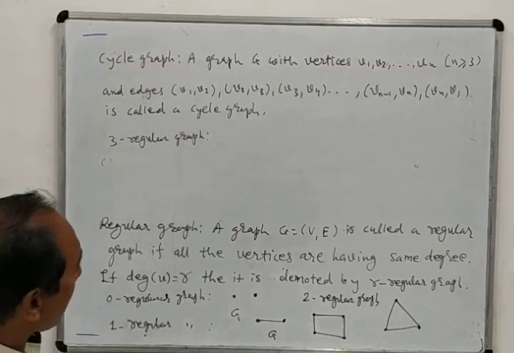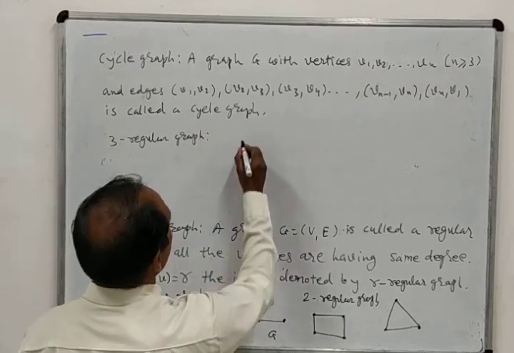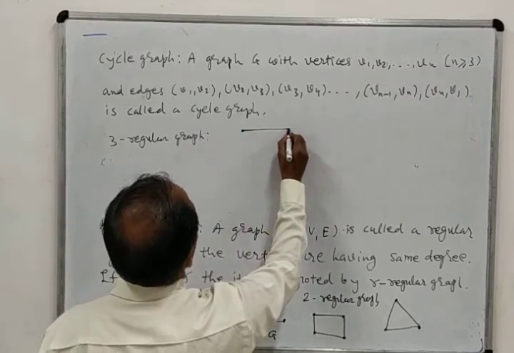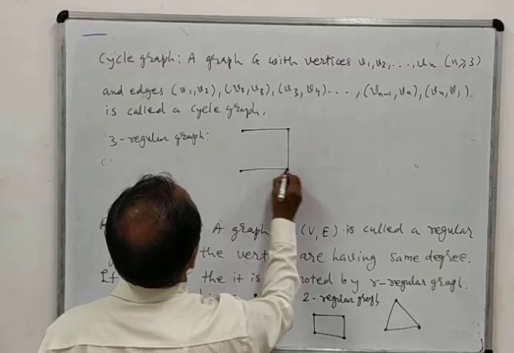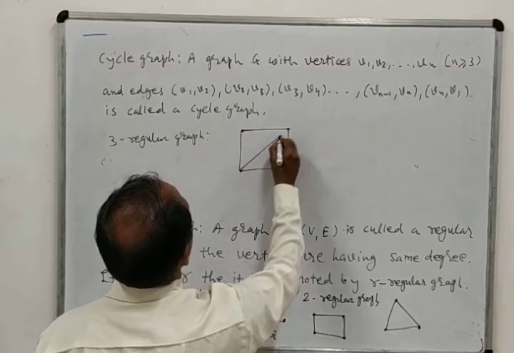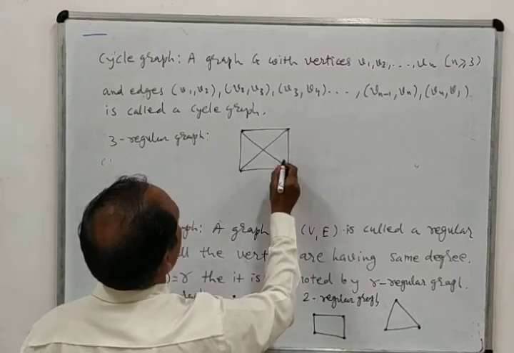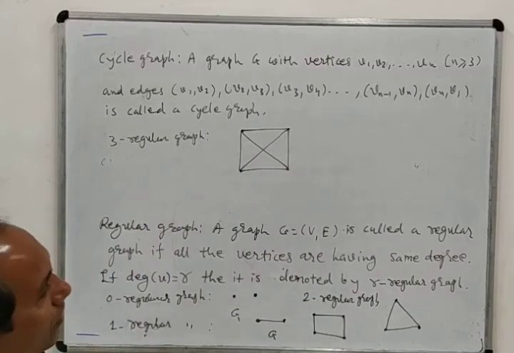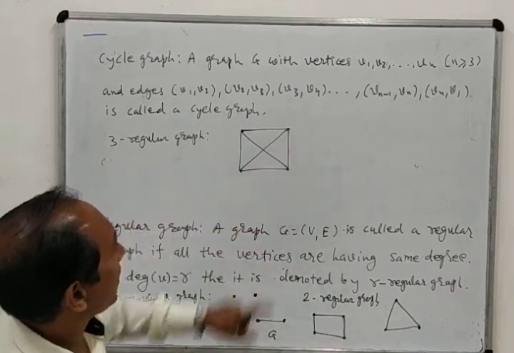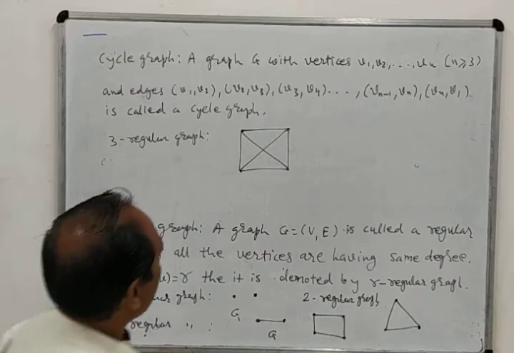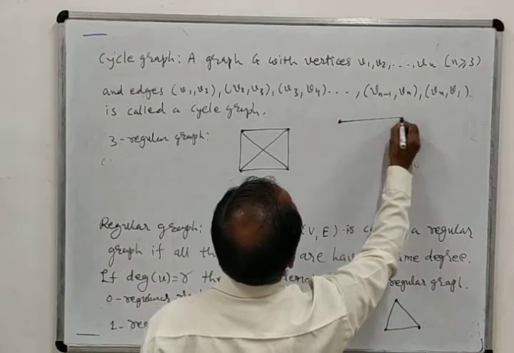So a 3 regular graph can be drawn in this way. Suppose we are having 4 vertices. These are degree 2. If we join in this way, you can see that the degree of each of the 4 vertices is the same. So it is a 3 regular graph. Another 3 regular graph is with